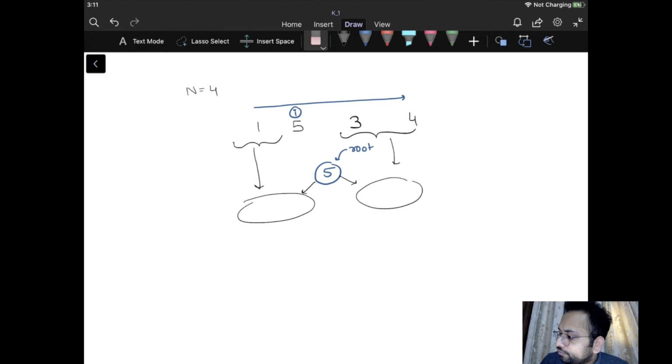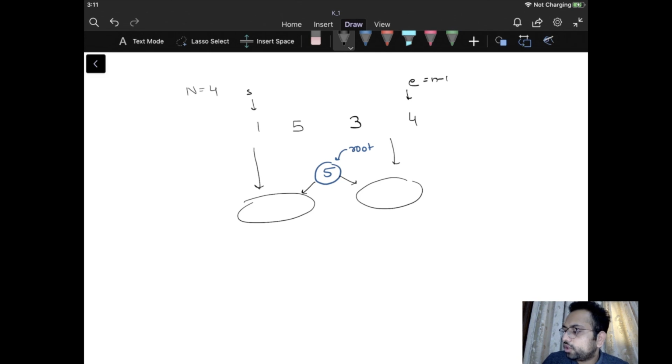So we will have certain indices in this array. Let us say this is our starting index and this is our ending index. The ending index is going to be n minus 1, and the starting index is going to be 0 initially. I'll iterate over this range from start till end and find the maximum element in this array. I'll get the maximum element as 5. I'll take one index, let's say k, and store whatever the maximum index is.